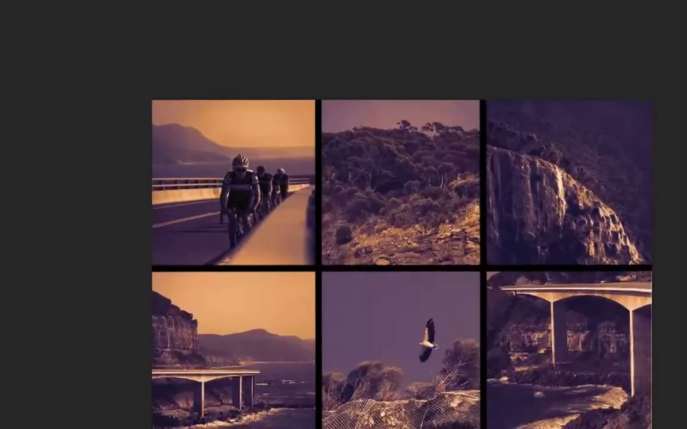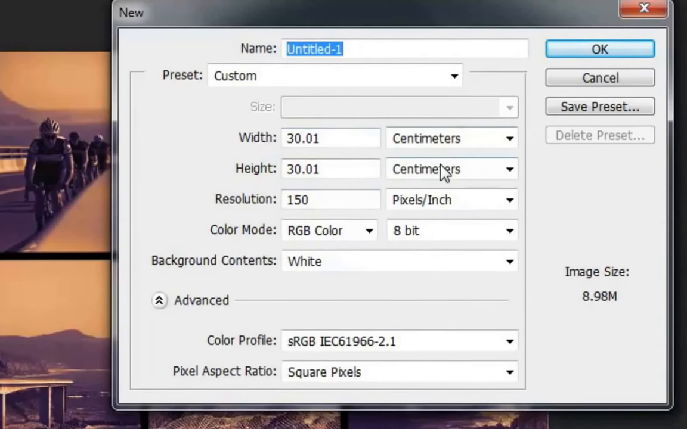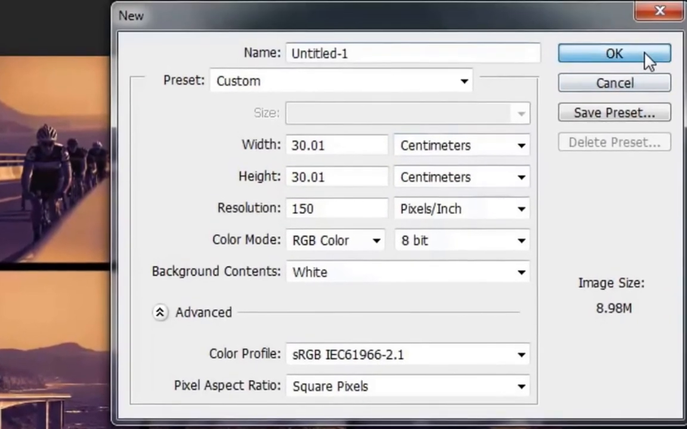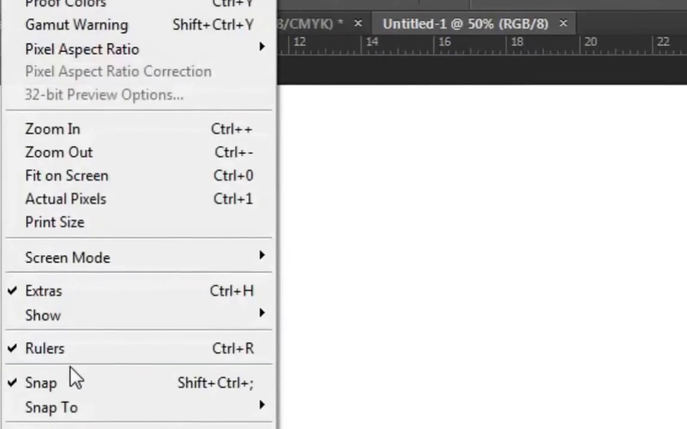So we go File, New, and what you have to do is make sure that your resolution is 150 and that your height and width are 30 centimeters. Now once you've got into here, you need to make sure that you have your rulers visible at the top and the side. So if they're not visible, you go View, Rulers, and make sure that that has a tick